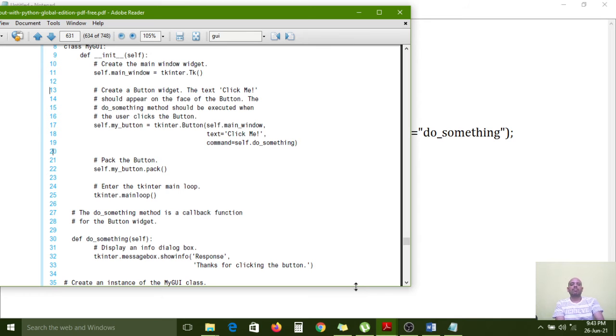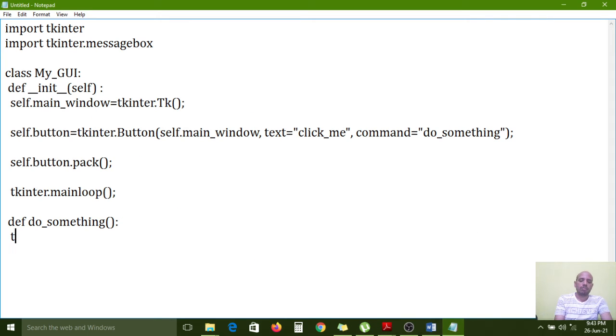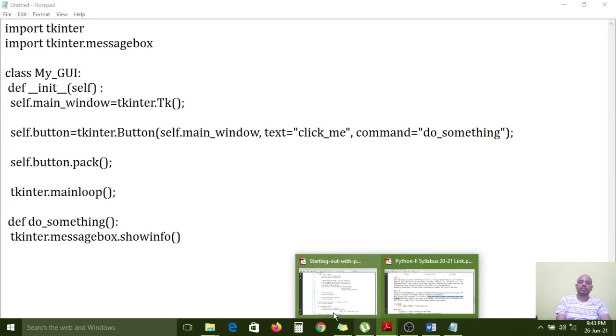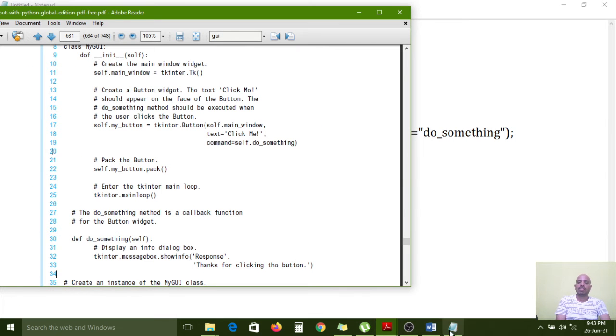Display the info dialog box. If you want to call the showinfo function, through the tkinter module we can call tkinter.messagebox.showinfo. The showinfo function we have to call, right?